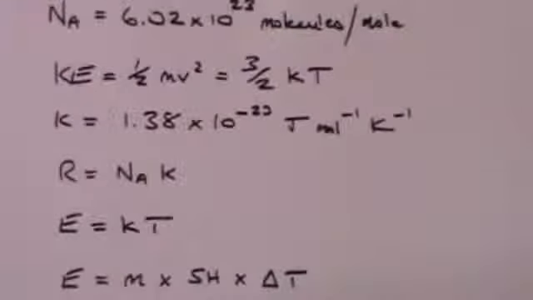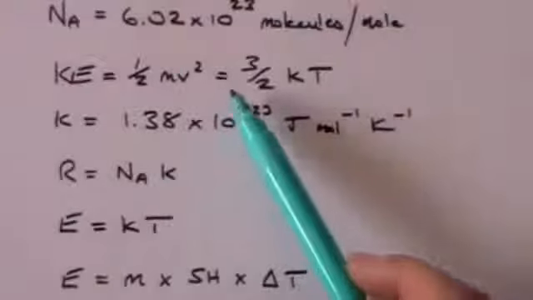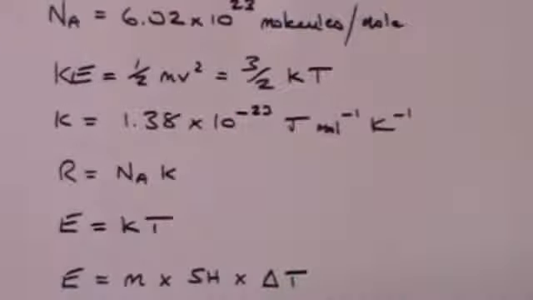Then we come to the formula E equals kT. Now it's here that people often ask me, what is the difference between E equals kT and E equals 3 over 2 kT? Well, in the case of E equals 3 over 2 kT, this is a formula that is derived from the ideal gas law, and considering molecules moving about in all directions, you work out what proportion